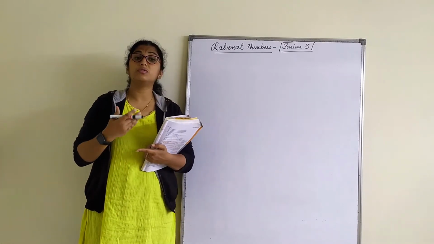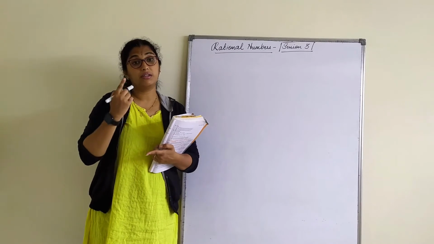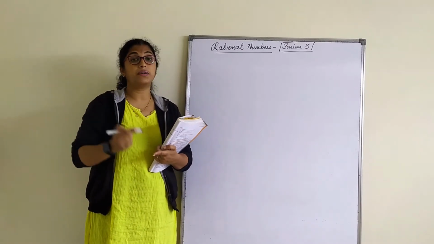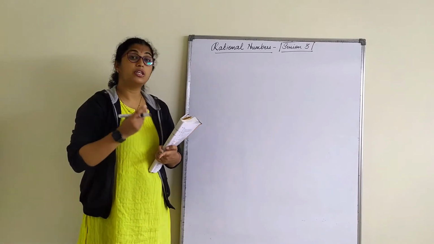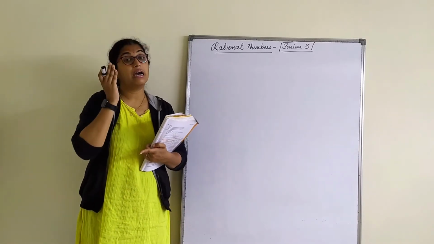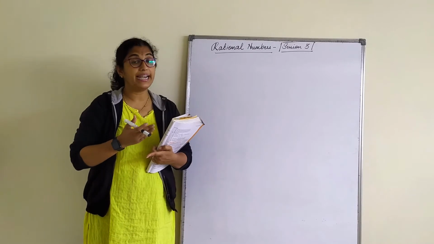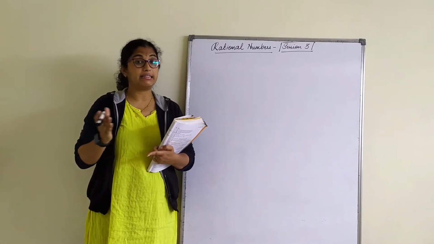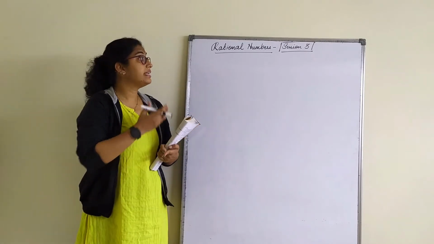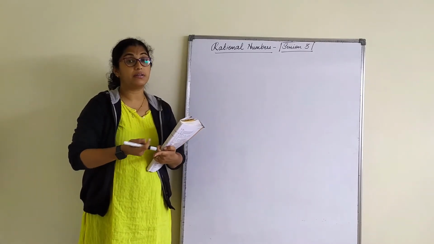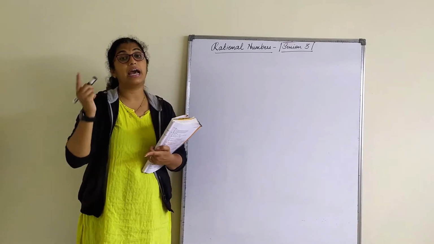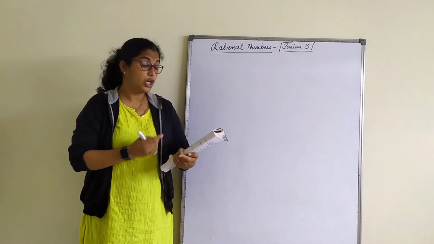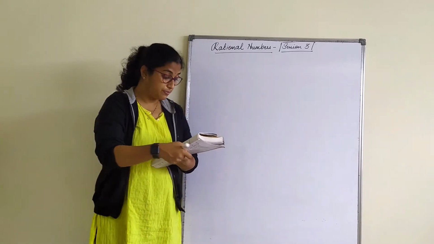We also understood another property, that is the role of 0 and the role of 1, as well as the negative of a number and the reciprocal. That is, the role of 0 is called the identity element for addition, and the role of 1 is nothing but the multiplicative identity for multiplication. Then we understood the negative of a number, that is the additive inverse, and the reciprocal of a number, which is the multiplicative inverse. We'll start with the first exercise.